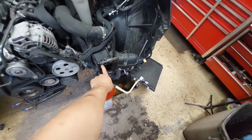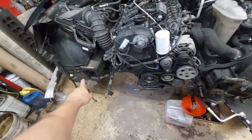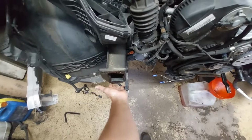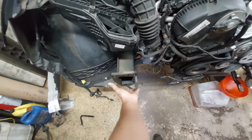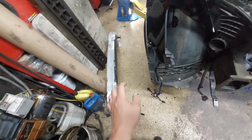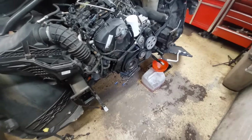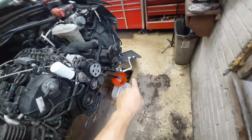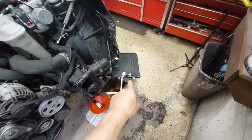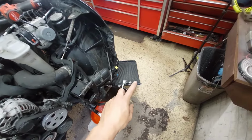The metal impact bumper has 3 16mm hex bolts and 1 T30 that holds it to the lock carrier itself. There's the impact bumper there. Since I was removing the entire lock carrier to save the air conditioning system, so I didn't have to discharge and then recharge the system, I wanted to leave the condenser, evaporator, I always get them mixed up,